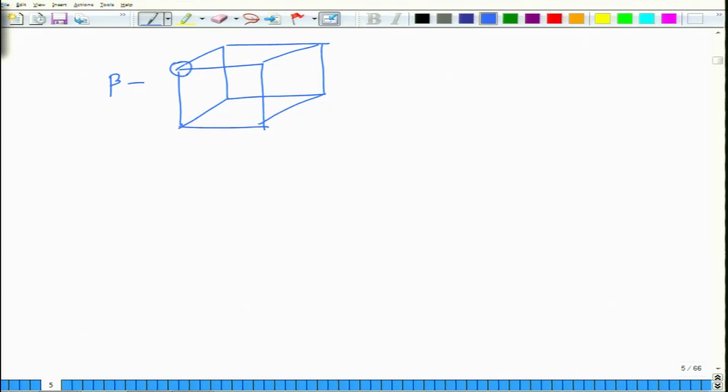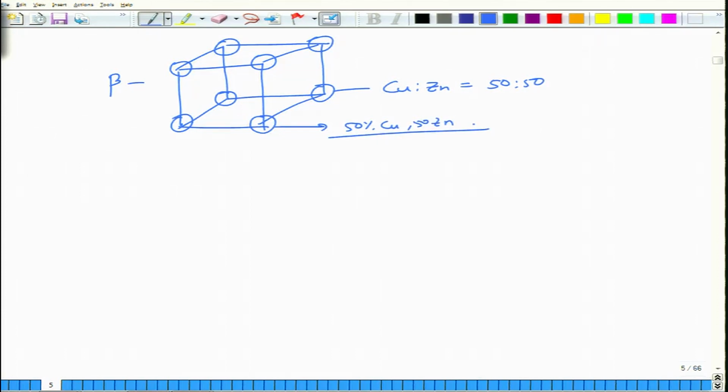So, this is beta phase in which this happens at 50 Cu is to Zn 50-50, and for this phase you have each atom in disordered form is 50% copper and 50% zinc, which means there is an equal probability of occupation of each of the sites. So, this is called as BCC structured. Okay. So, this is the disordered form,